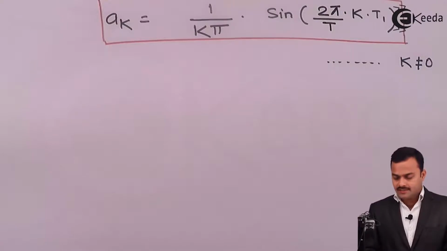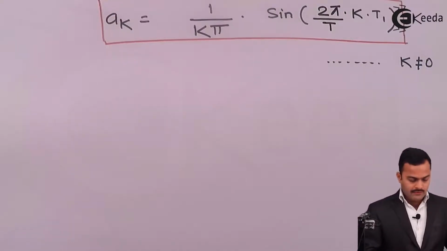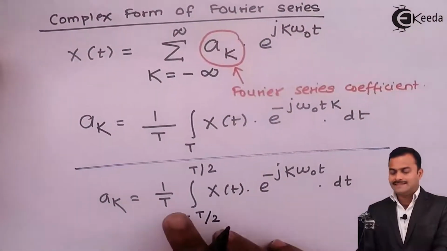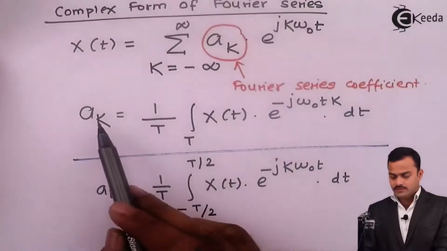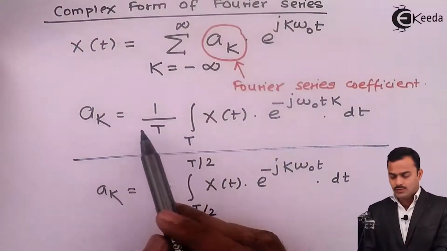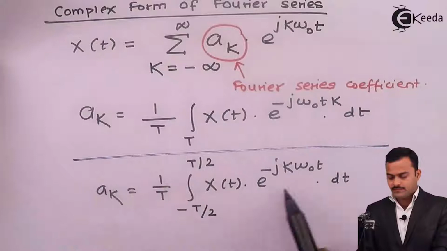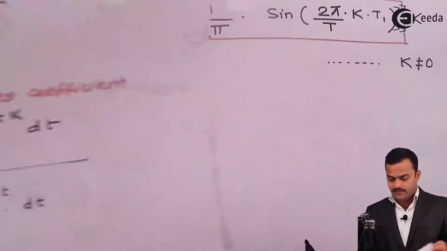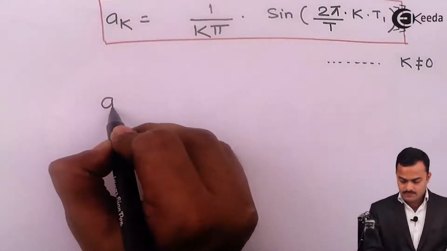So in order to avoid that, wherever we calculated ak in this formula, all the discrepancies we will calculate separately. That means I will calculate a0 by using this equation as it is. So if I put k as 0, I will get a0 as